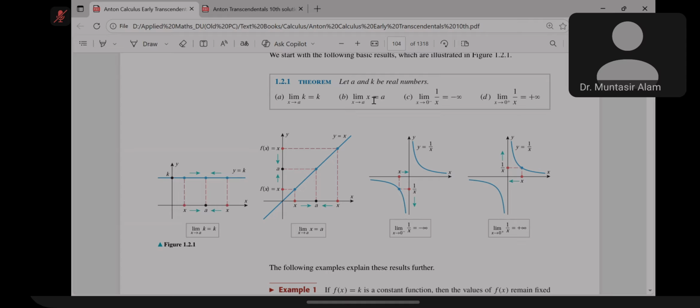And the next part of the theorem indicates if we take a function y equal to x and we are looking for its limiting value as x approaches a, the limiting value is the constant